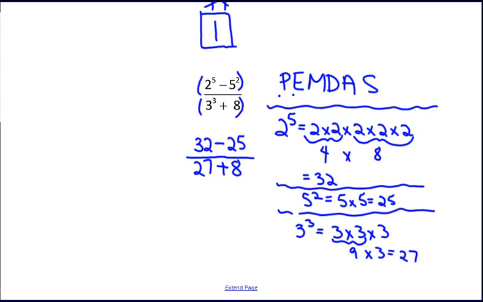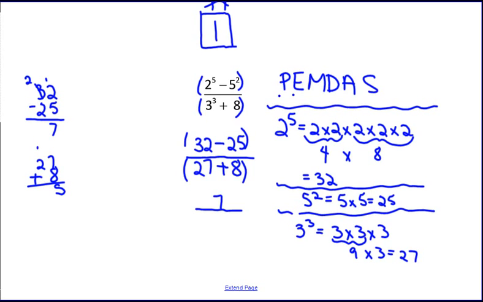Now remember that that fraction bar divides the numerator from the denominator, and it's like having a set of parentheses around the top and around the bottom. So 32 minus 25. I'll do some more messy work over here on the side. 32 minus 25, if I do that by hand, I discover that the answer is 7. So the simplified version of the numerator is 7. Now I will add 27 plus 8,